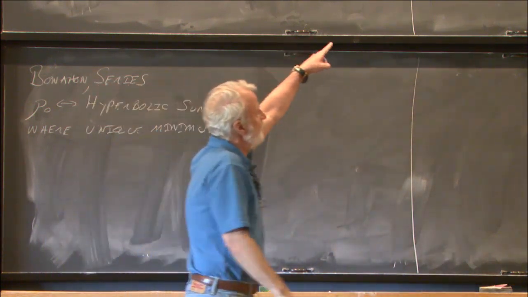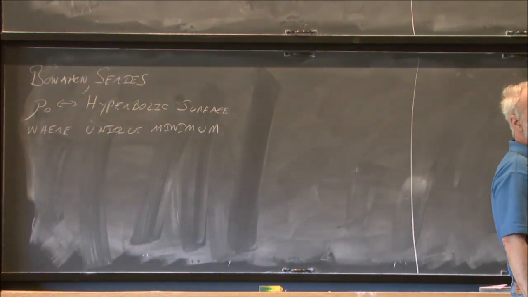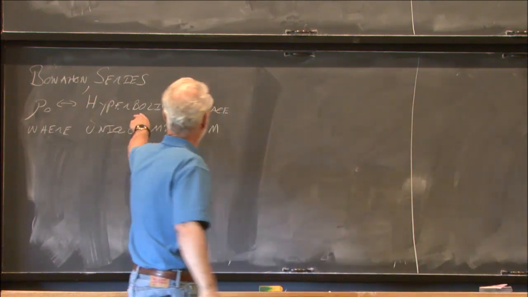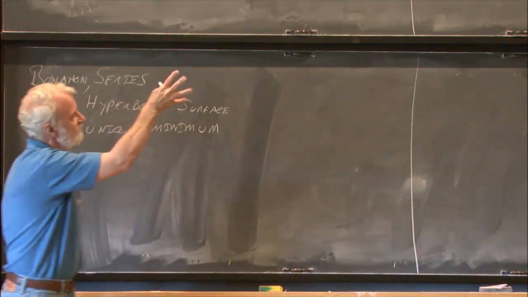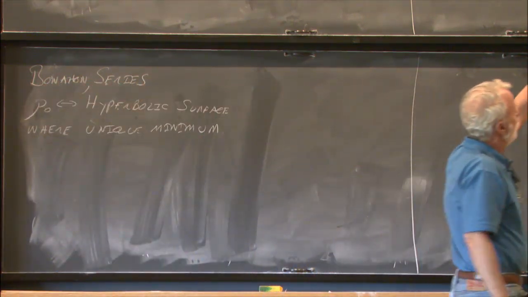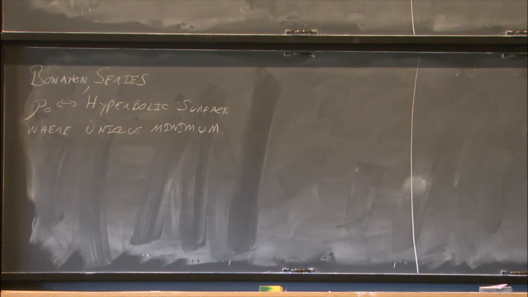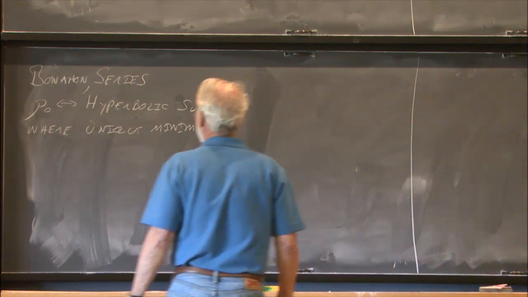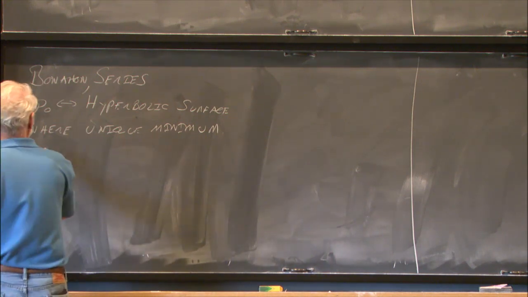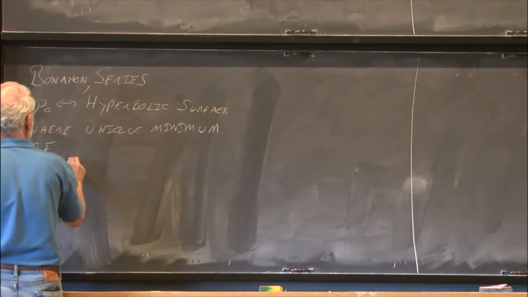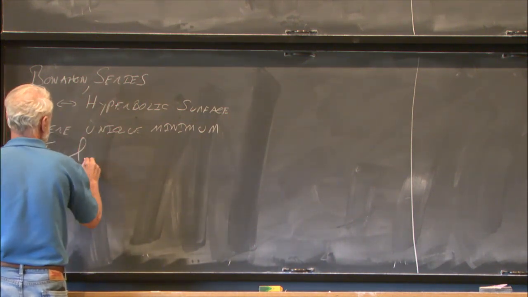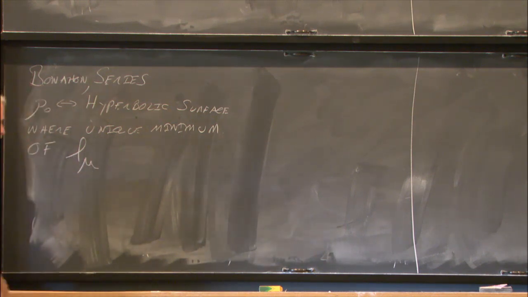So geodesic laminations have a notion of length. Just again, hyperbolic length. If we're on a hyperbolic surface here, just continue to think of a simple closed curve, and then if you weight it, you multiply it by the weight, where the unique minimum. So in particular, you can consider the length of